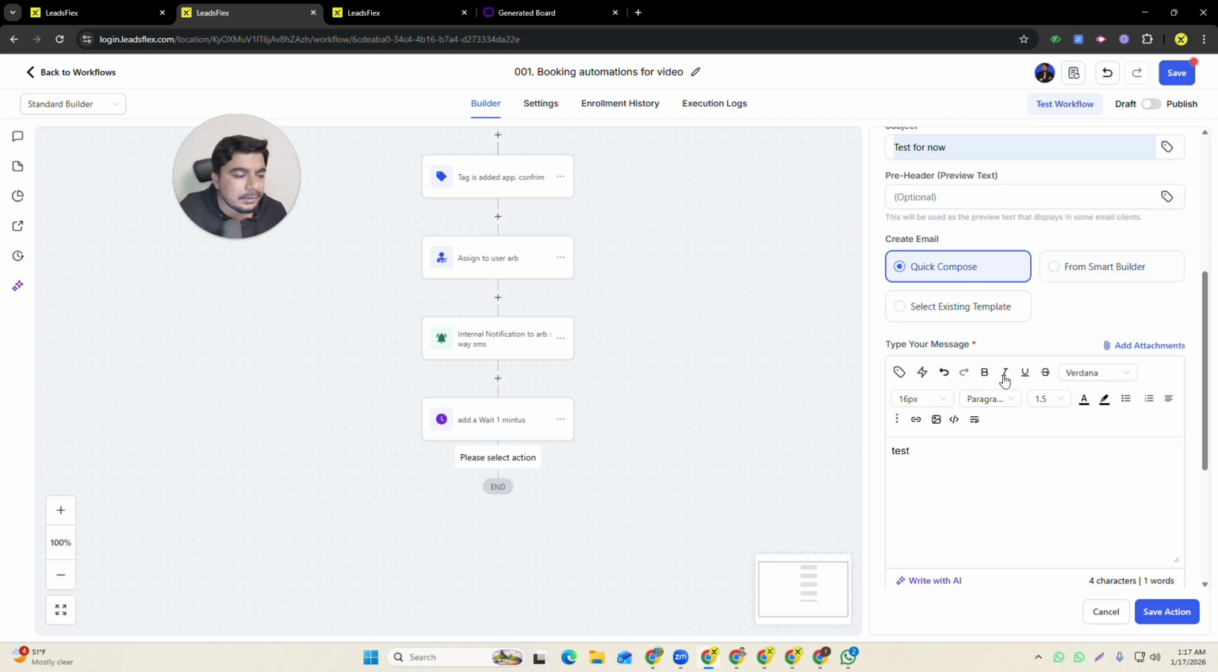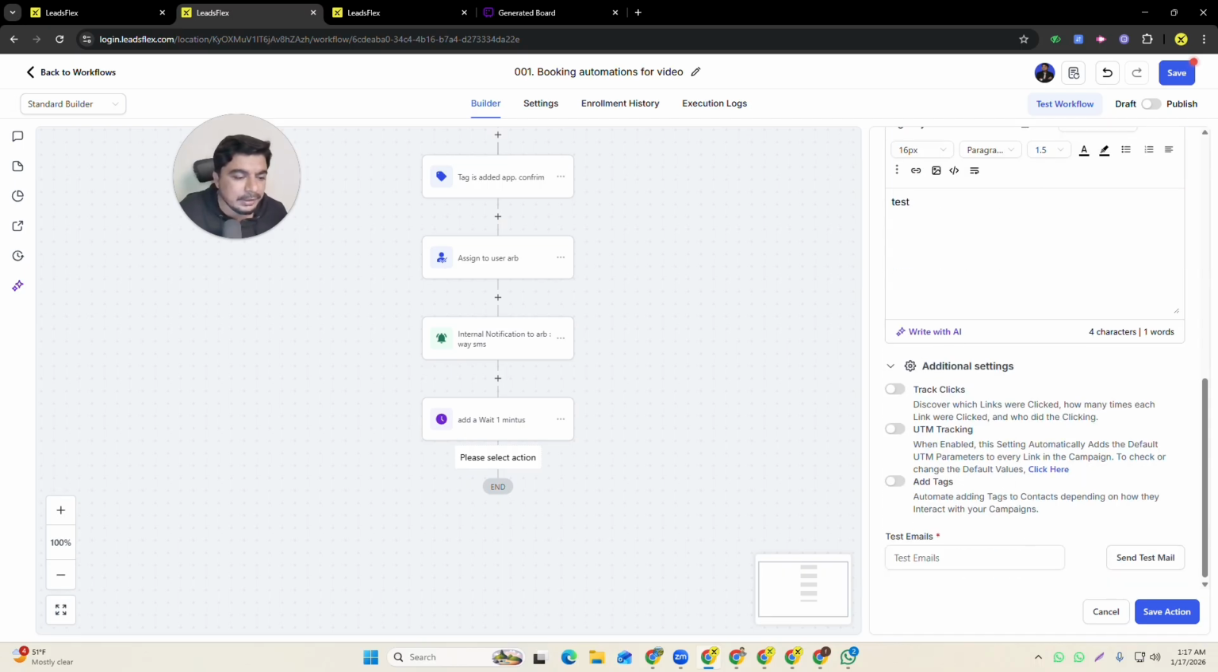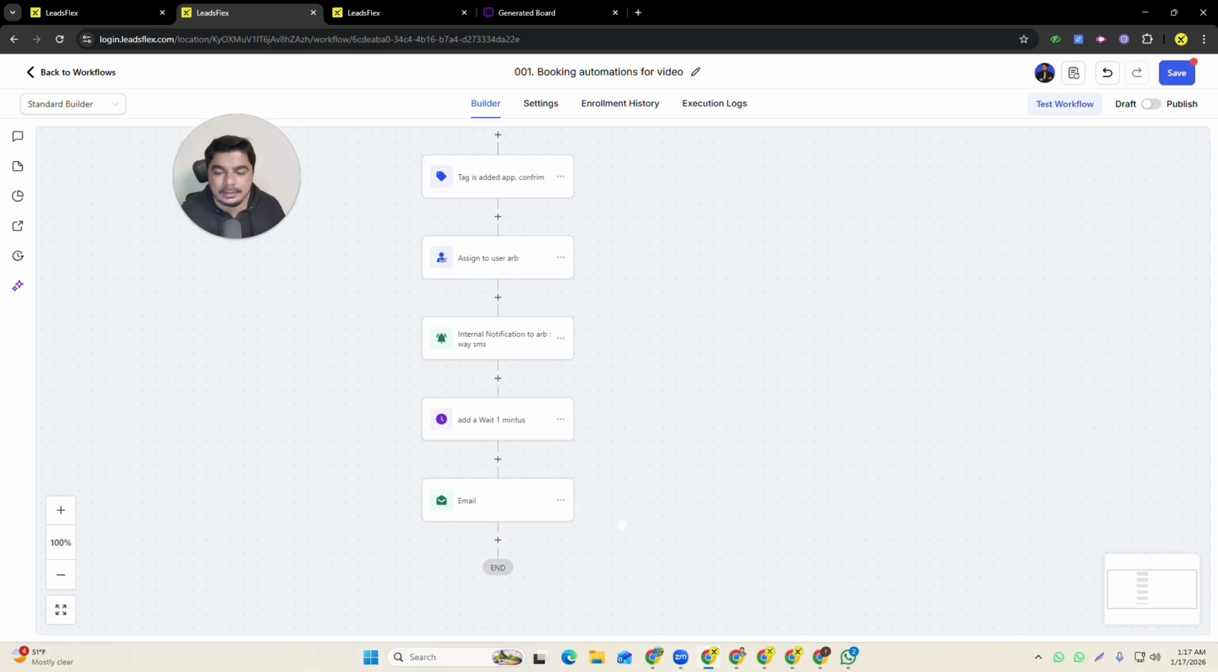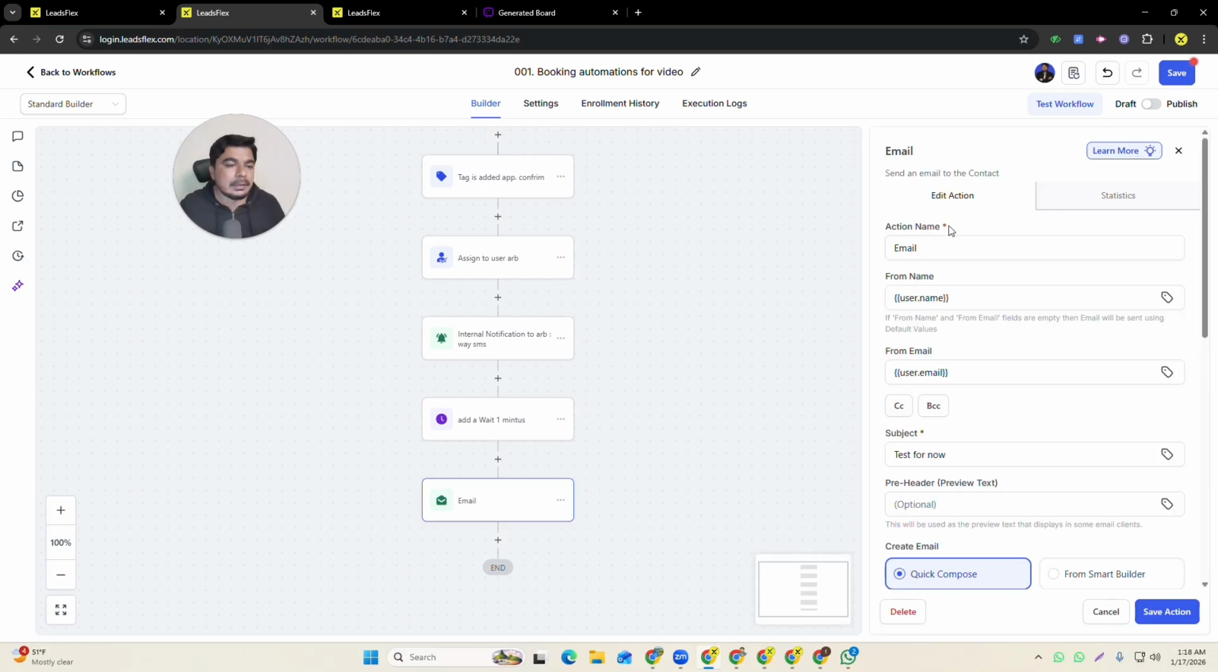There is an AI that can do this for you, but right now I just simply write this, I'm not using anything here. For additional settings, you want to track your clicks, you want to track your UTM tracking, and you want to add a tag based on the open and not open email. So right now I'm not going to do anything here, I just simply say